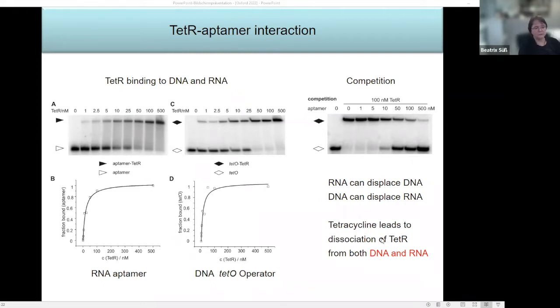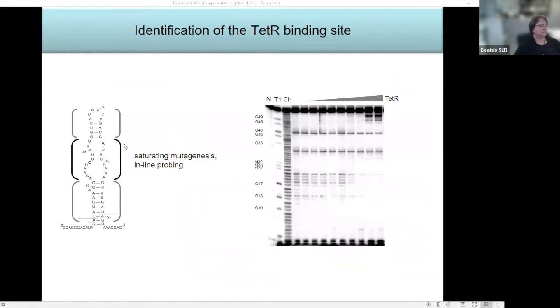So you can use this ligand of the protein to displace the protein, not only from the TET operator, but also from our RNA. And then we thought, okay, this further biochemical characterization, we did a lot of genetic and biochemical analysis. And here we could prove the secondary structure. It's an inline probing gel where you can distinguish between more flexible and more